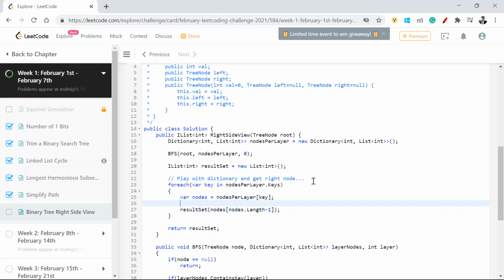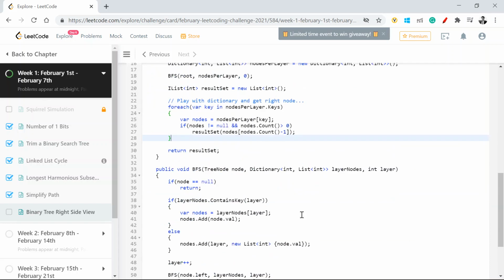Just to be safe, let's add one more check that nodes is not equal to null, and nodes.count is greater than 0. Hopefully once I'm outside this, my result set will get the values of all the rightmost nodes.